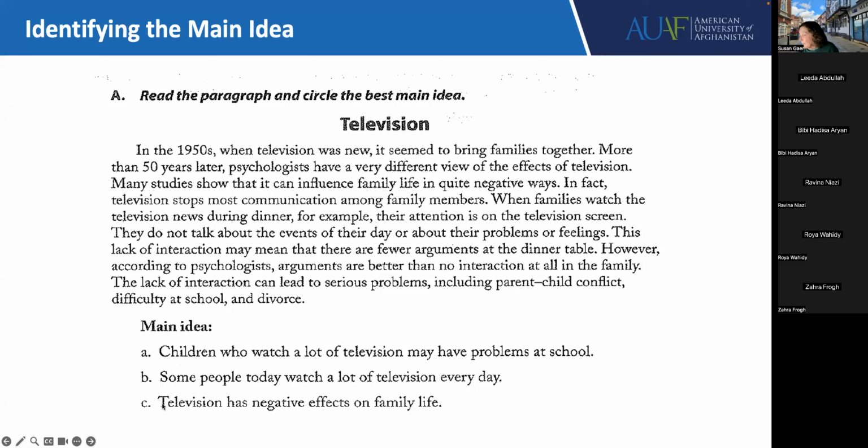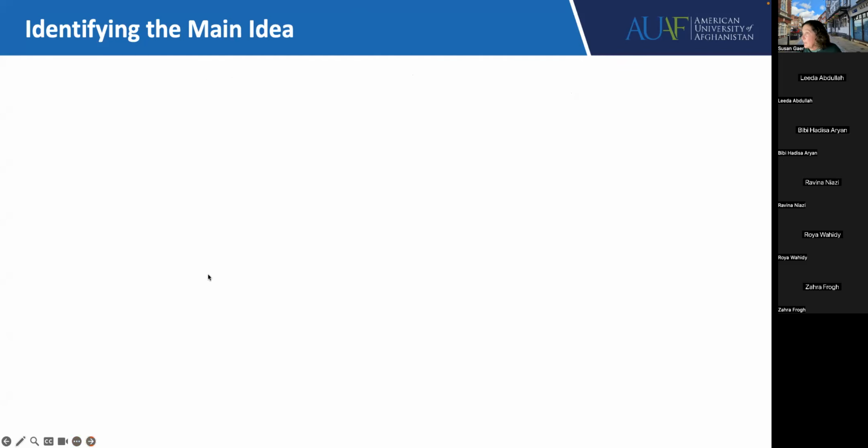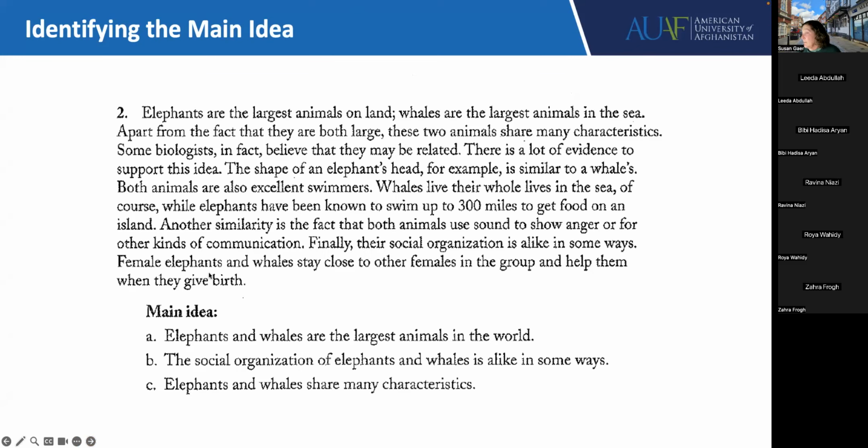And C, television has negative effects on family life. So what is the main idea of this paragraph? C, ma'am. I think C. Television has negative effects on family life. Very good, very good. That means you guys are getting it. That's great. Okay, let's go to the next one. Okay, C is the answer.